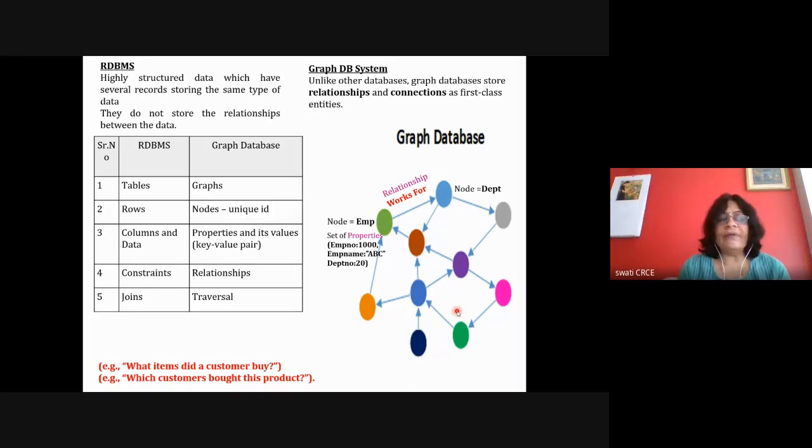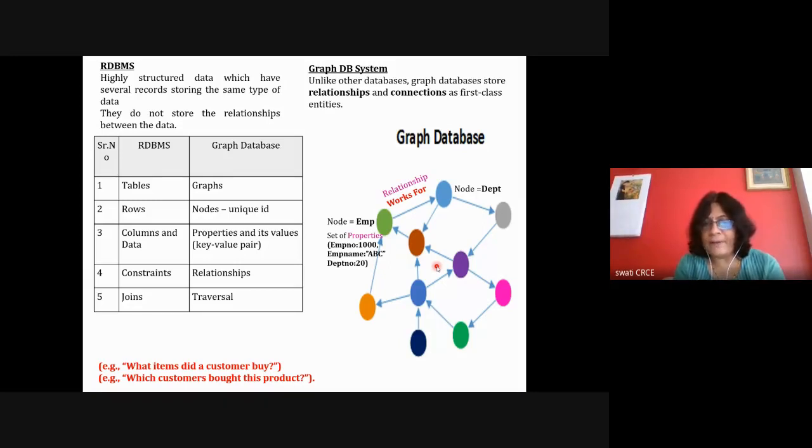For such queries in relational database management systems, we have to use joins. We have to combine two tables and fire complex queries. And if your data has millions of tables and millions of records, it becomes a very tough and cumbersome job. Instead, in a graph-oriented database, it can be easily done with the help of traversal.